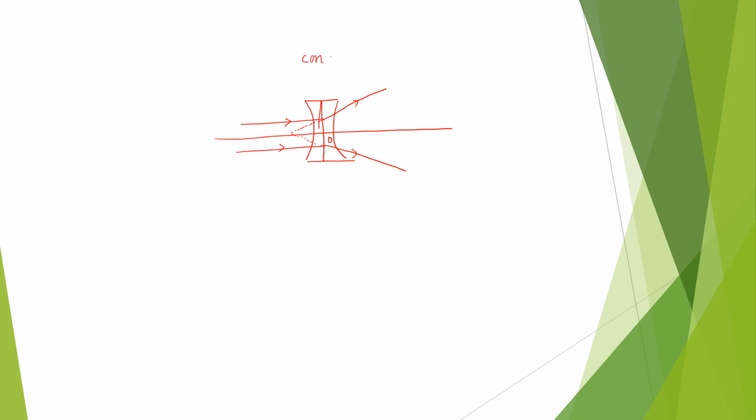Right? So that is why a concave lens is also known as a diverging lens. If you can remember, we have discussed that concave mirrors are converging mirrors. On the contrary, concave lenses are diverging lenses. So children, practice these diagrams well, clear your concept.